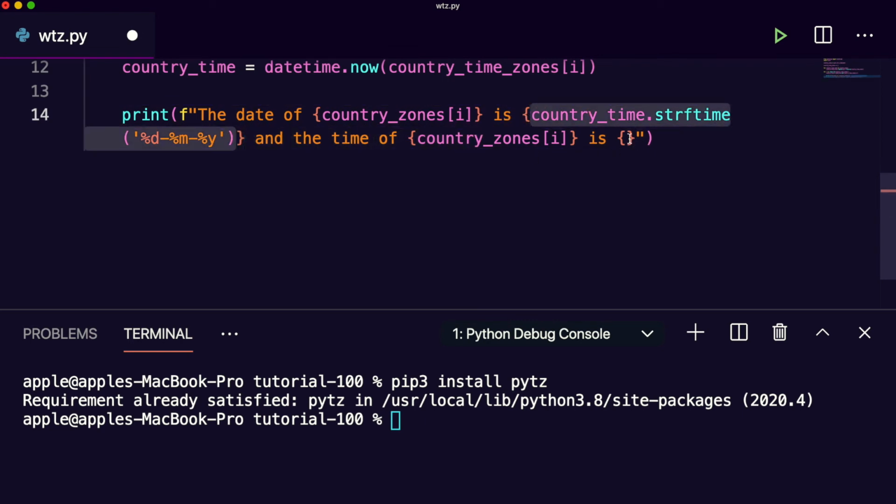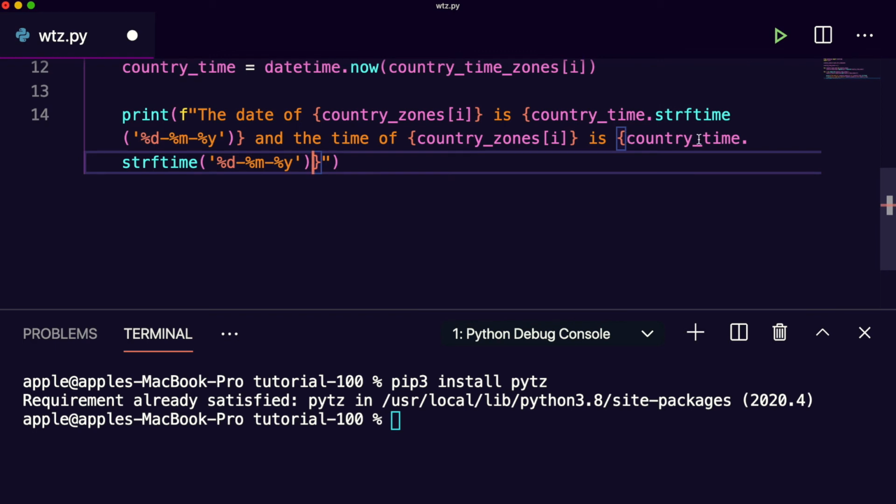Everything is the same: you just change it to capital H, capital M, and capital S, for hour, minute, second. This is how you can print the date and time for all the countries in Python.